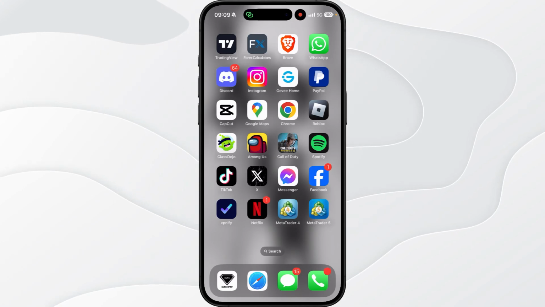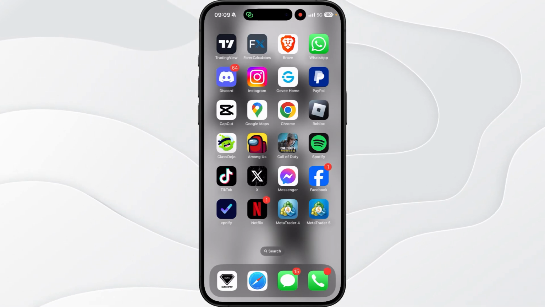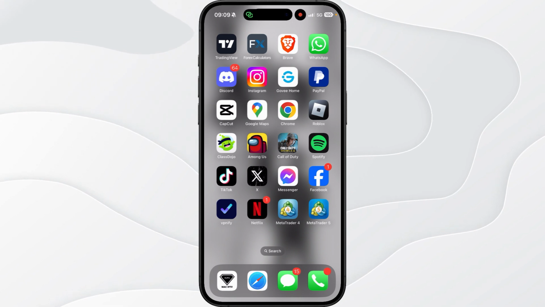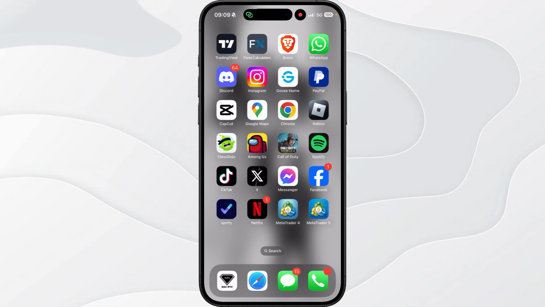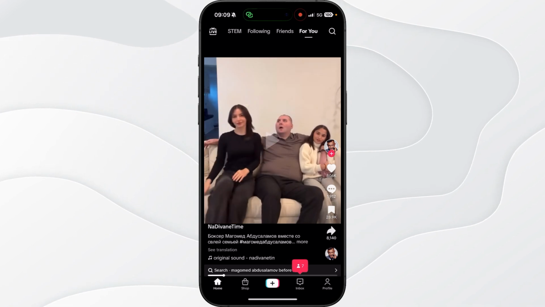In today's video, I will show you step by step how you can fix direct message option not showing on TikTok. So the first thing we need to do, this both works on Android and iPhone. So what we can do is go to our TikTok, and then once we are on our FYP, we can